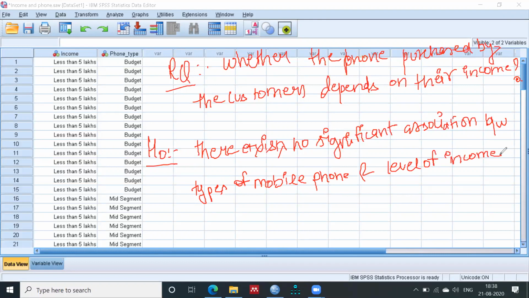So in this question we have 3 types of phone and 3 levels of income, correct?